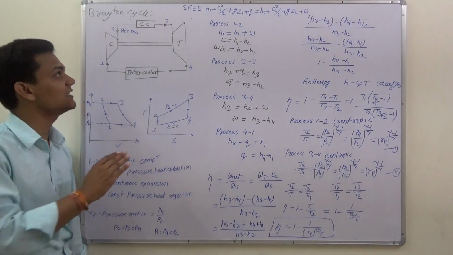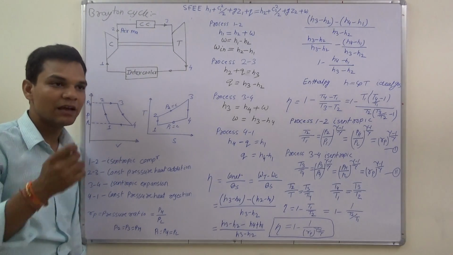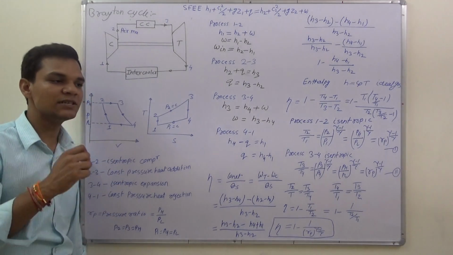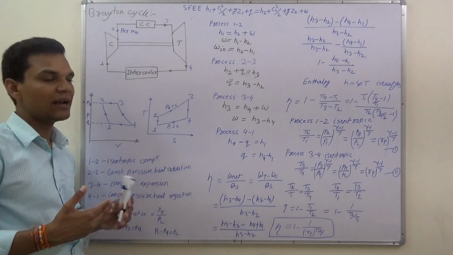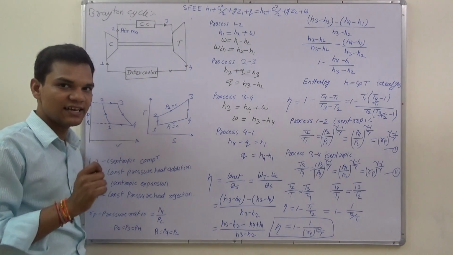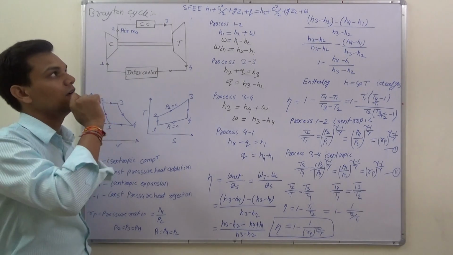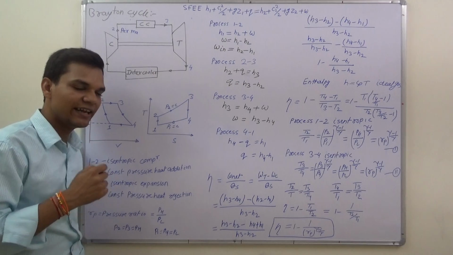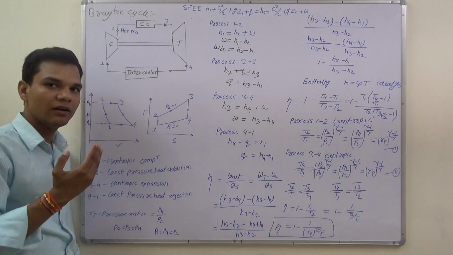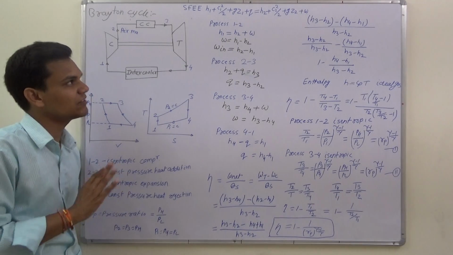And the last assumption is that complete combustion of the fuel takes place in the combustion chamber, but in actual it depends upon the grade of the fuel, that how much amount of fuel is burning in the combustion chamber. These are some assumptions known as air standard assumptions. More assumptions for the cycle: we assume the change in kinetic and potential energy is zero. Next assumption is that we assume expansion and compression as adiabatic. So these are other assumptions for the cycle.